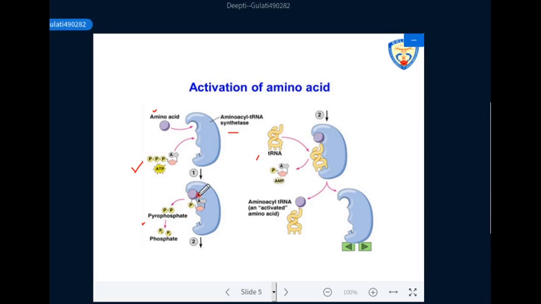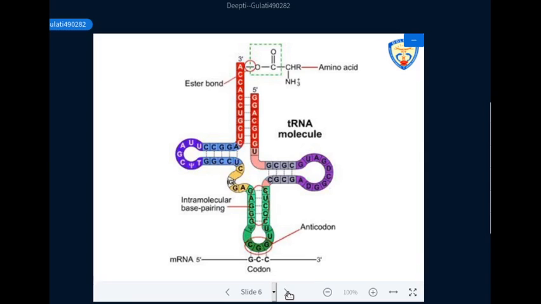The amino acid is now fit into the active site of the enzyme. The next step is the binding of the transfer RNA molecule. This transfer RNA molecule binds to its particular site on the enzyme. The amino acid, which is now activated, is then transferred to the 3' end of the transfer RNA molecule, and AMP is released. So we get a charged transfer RNA molecule, which will look like this.